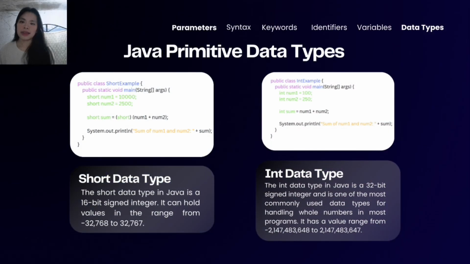The short data type in Java is a 16-bit signed integer that can hold values ranging from negative 32,768 to positive 32,767. It is used to save memory in large arrays where memory savings are crucial. In the example above, two short variables num1 and num2 are added together, and the result is stored in another